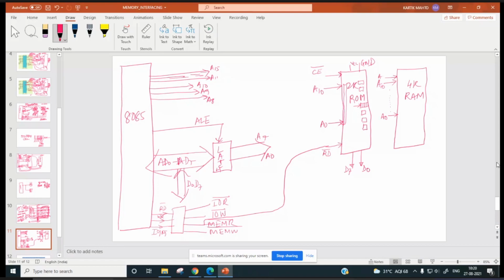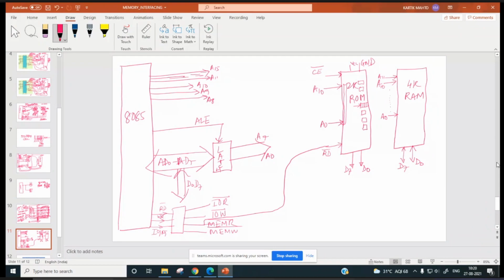A11, 12 address pins will be needed. Data pins will be how many? 8. And these data pins will be D0 to D7, and it will be bidirectional.